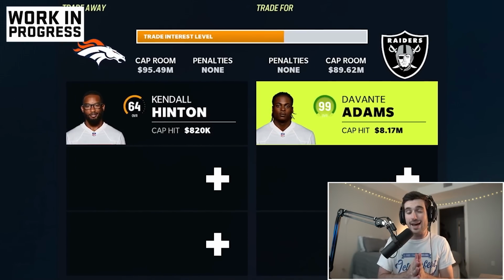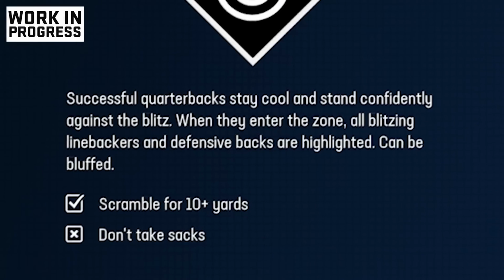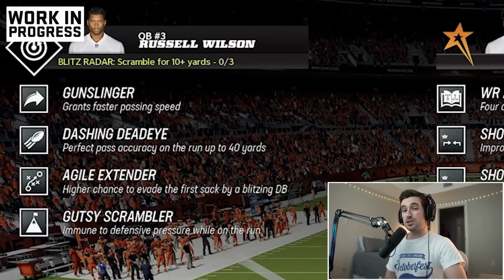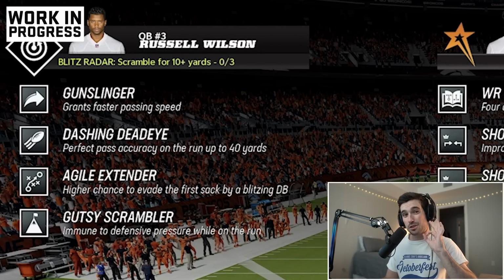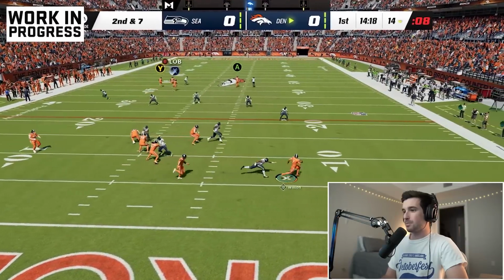Now, we traded Davante Adams to the Broncos because the next quarterback we'll be activating is Russell Wilson. His X Factor ability is called Blitz Radar. It allows him to identify all linebackers or defensive backs that are blitzing before the snap is made. Now, we have to scramble for 10+ yards 3 times to activate Russ. Now, my best bet here might actually be to...